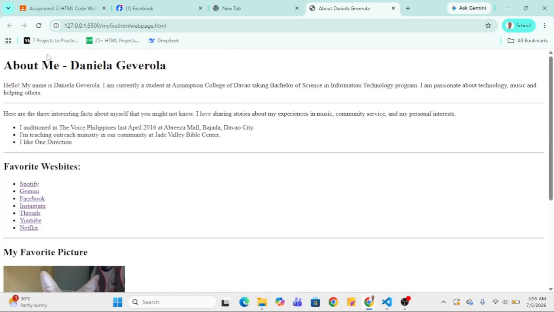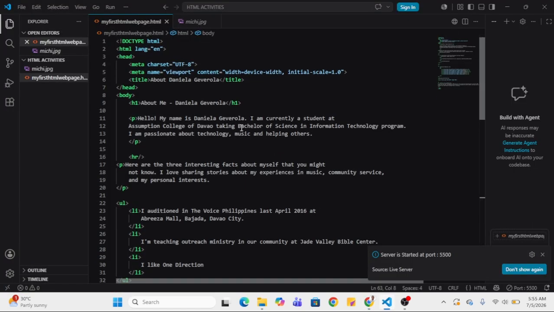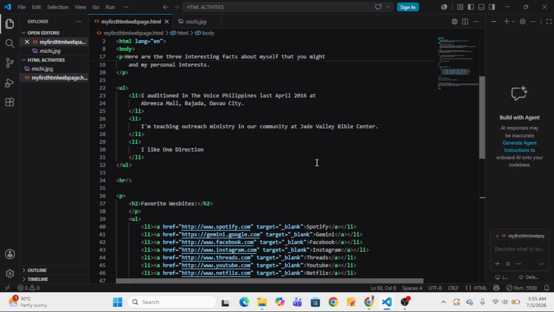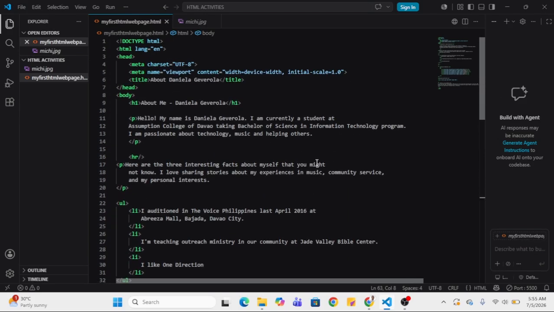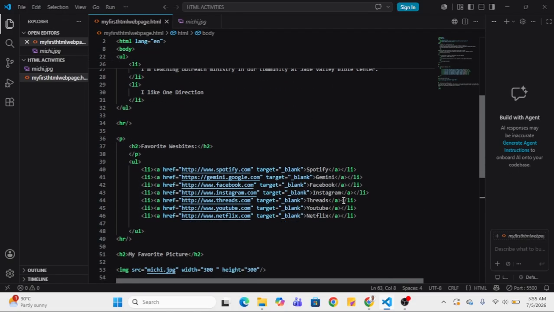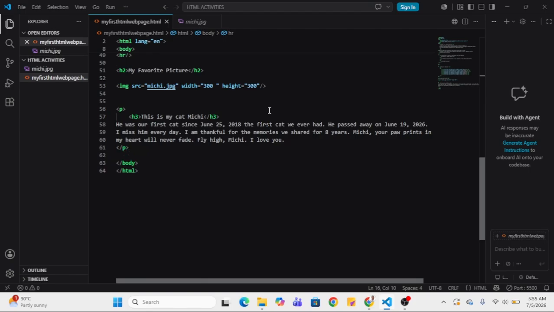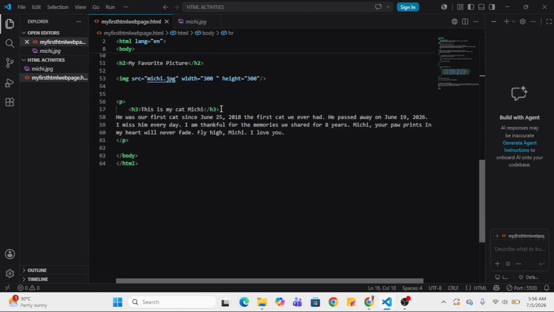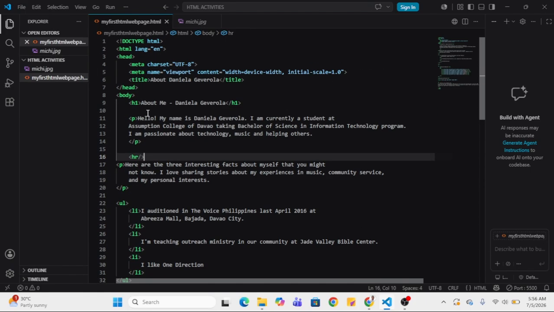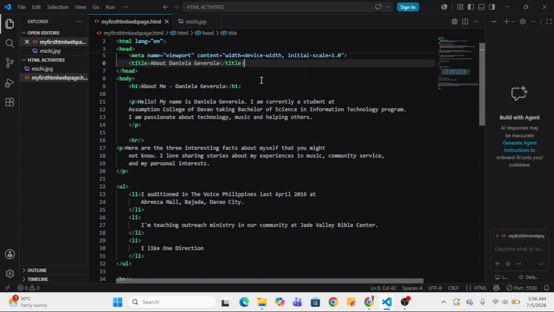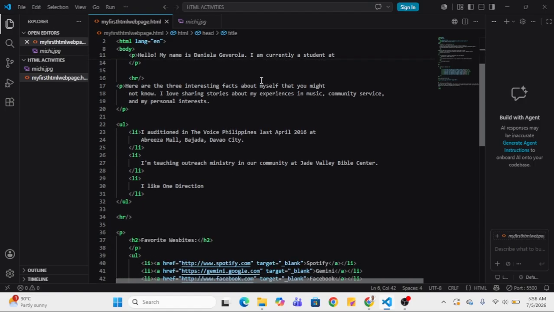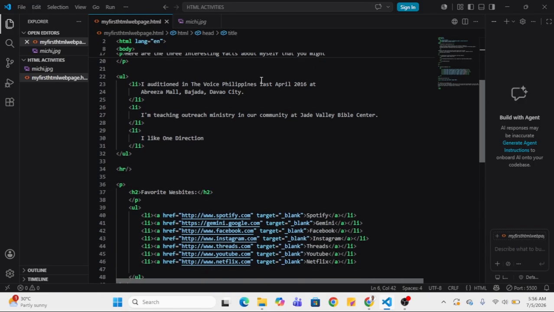I use some simple tags, like common tags such as paragraph, headings, list, and etc. Because as a beginner, I'm just trying to work on how HTML works with these tags, because I haven't experienced this when I was in high school or before, and I need to start with simple tags only. But later on, I have to experiment with the styles and etc.